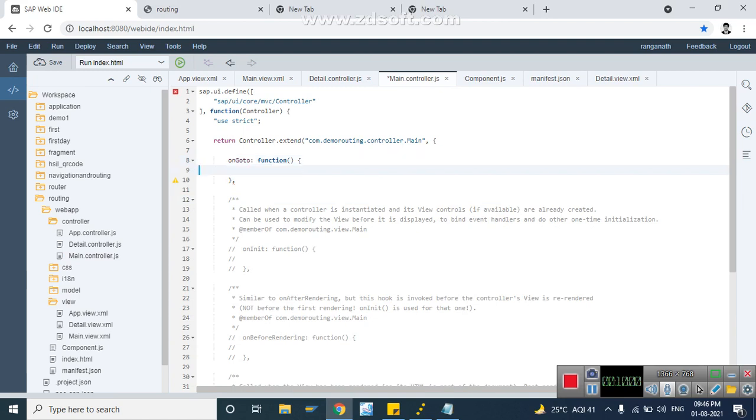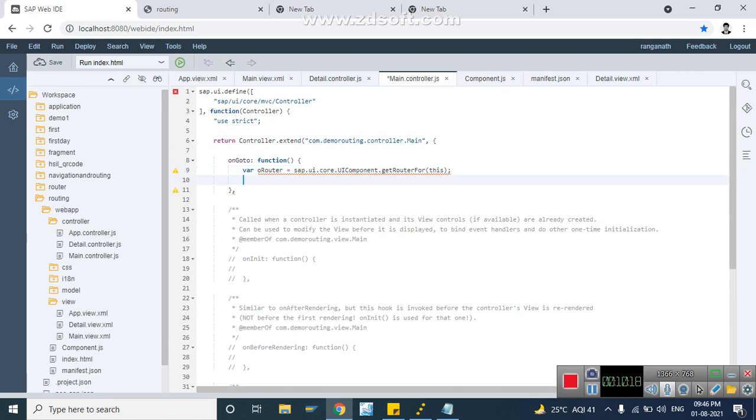Here we need the routing configuration actually. So the routing configuration is this one. Every time whenever we want to navigate to another page, we need this router configuration.